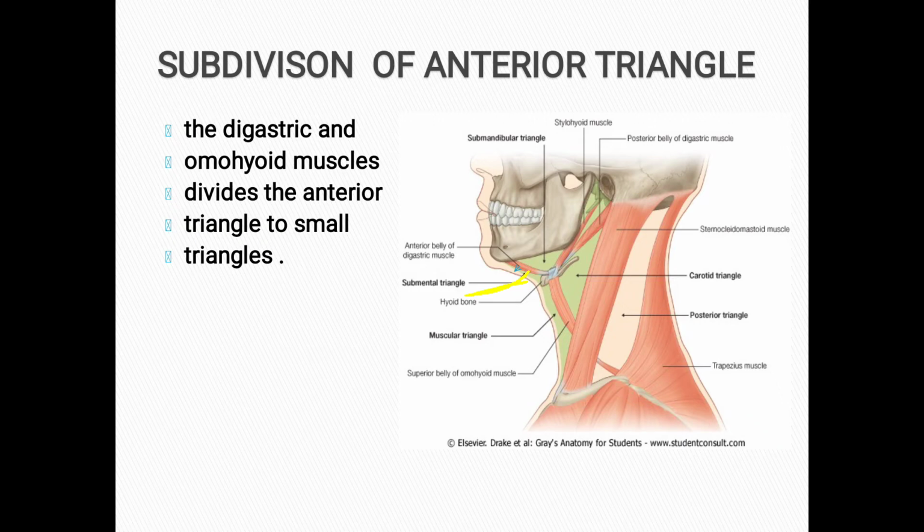Okay, and this is the submental triangle which I have marked with yellow color, and this triangle which I have marked with the red color is the digastric triangle or submandibular triangle. And again, this is the carotid triangle, which I have marked with blue, and